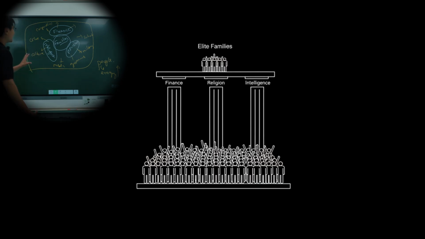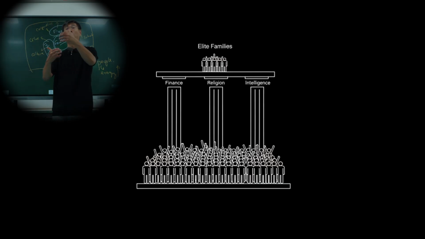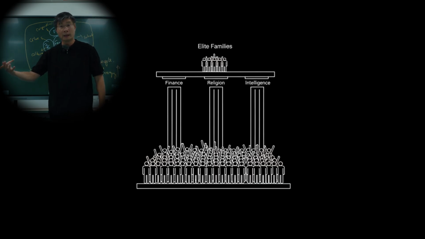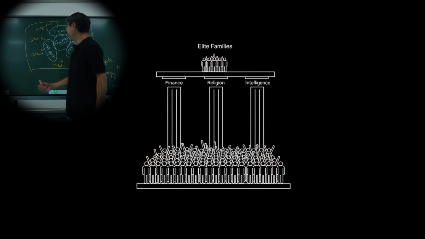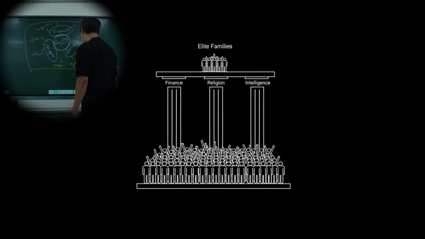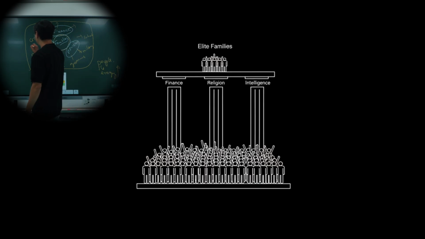All right? So a metaphor that we can use is this. Think of society as a corporation. The people are the workers, right? They're the ones who do the real work. The elite, these families, are the owners. And these people in between, the middle class, are the managers. Okay? So again, this is a very simple metaphor, and it's not accurate, but it's useful for analysis.